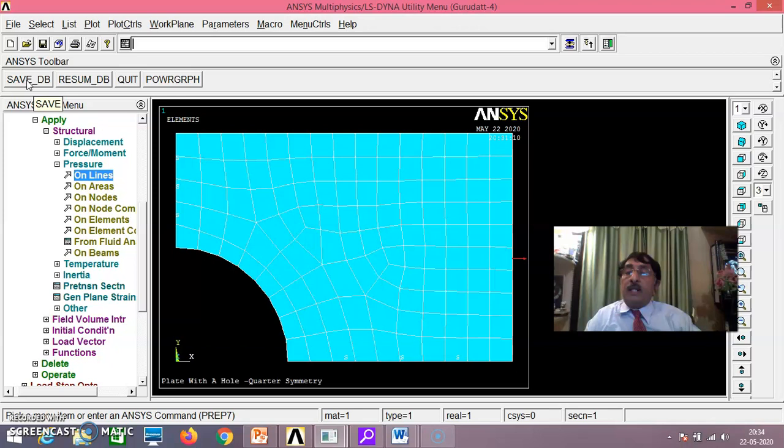Then I'll say here save DB I'll do. That means in case I do any mistake further, I'll resume DB. I'll come to this stage. Okay, did you follow? Never forget this particular part. I have saved DB. Okay, save DB. That means I applied the load, everything has been completed, meshed it, everything I have done. And I applied the pressure also, 50 Newton per meter square, tensile, everything I have done. Then I have saved DB. Okay. Now later on, in case I do any mistake, I'll just resume DB. It will come to this stage. You start repairing it. Okay.